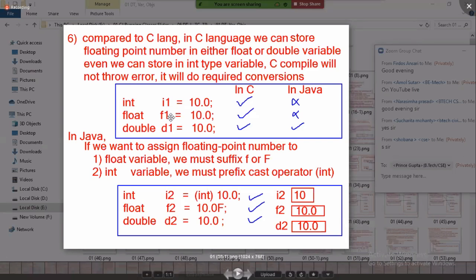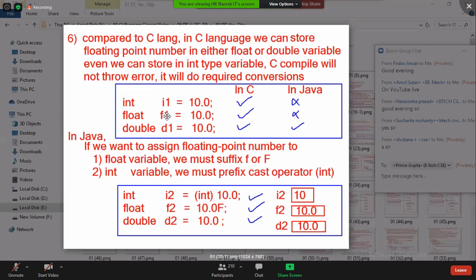But in Java, the compiler will throw an error. This topic, we forgot yesterday, I am just recollecting. int i1 = 10.0; float f1 = 10.0; is allowed in C language, but in Java it is not allowed. In C language, the .0 is removed and 10 is stored in the int variable, and in the float variable 10.0 is stored in that format.